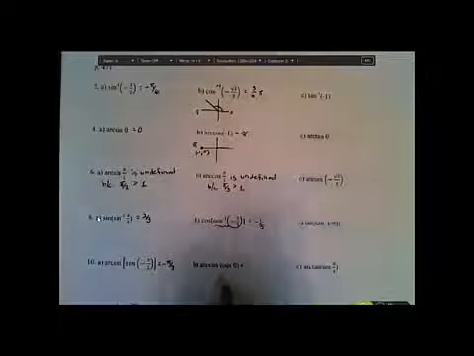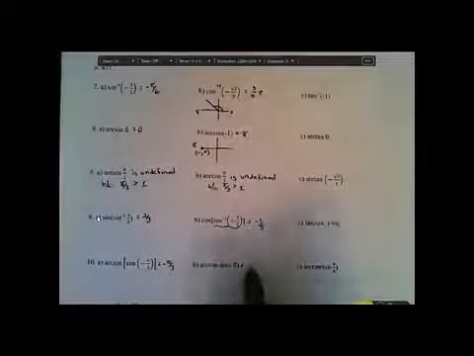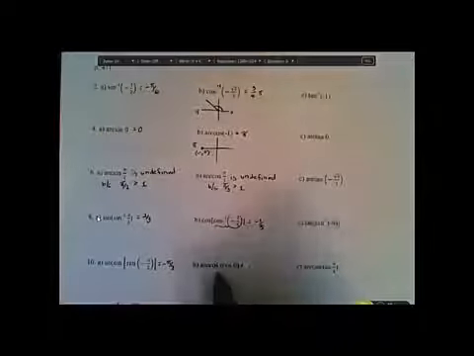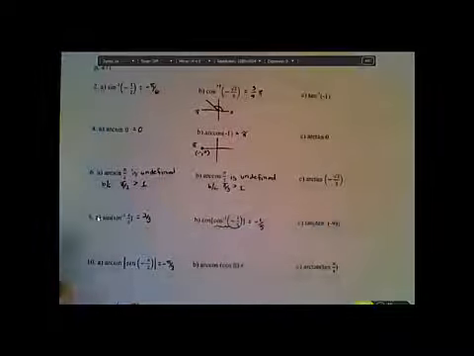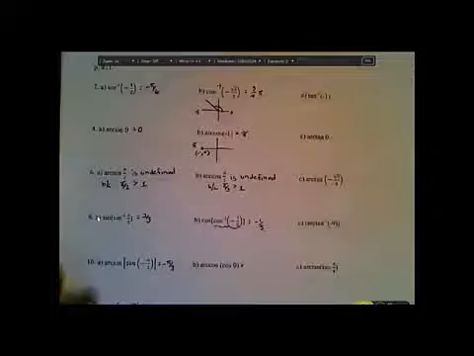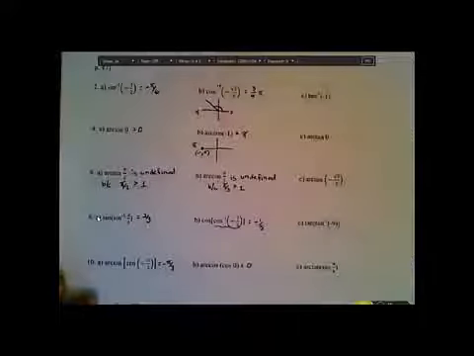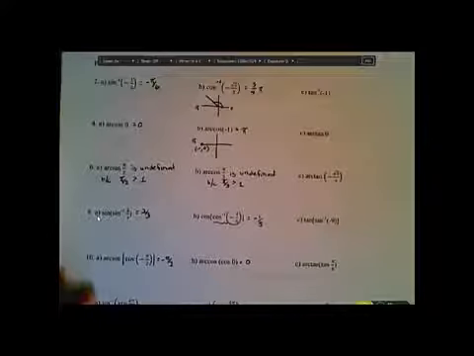So is 0 a reasonable answer for arc cosine of something? Yes. Arc cosine can give you 0 as an answer. On number 10,